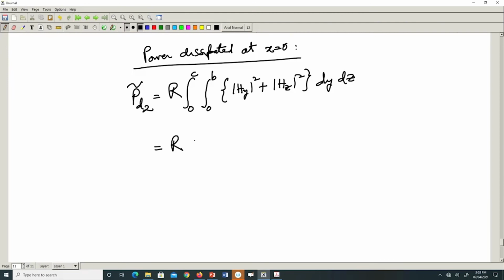And that is equal to R integral 0 to c, 0 to b